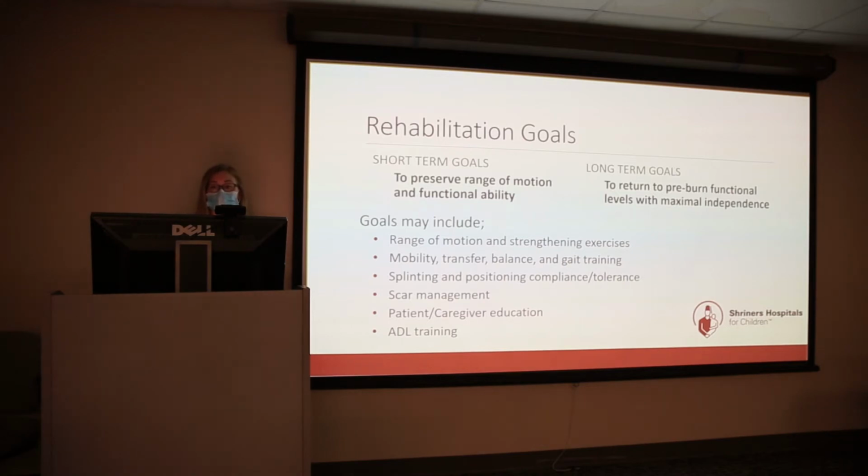And then long-term goals are really focused on returning that patient back to their life and getting them back to, or as close to, what they were, their pre-burn functional levels. Sometimes it's impossible to get them back to their pre-burn functional level because now they've had an amputation or multiple amputations, but we're always going to work to maximize their independence for when they go back home and go back to their life. So our goals are going to be focused on range of motion, strength,